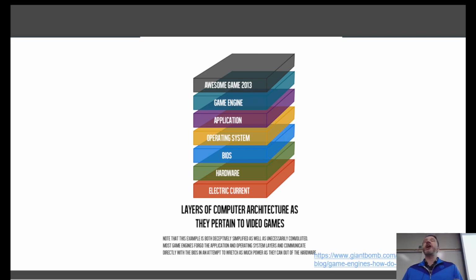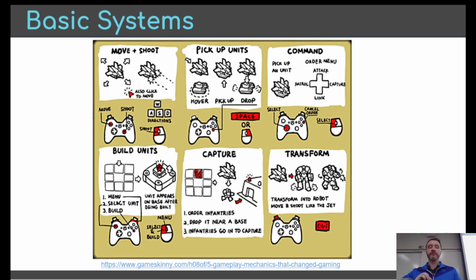So this is not what we're talking about with systems. We are not talking about the layers of technology behind a game engine that provide the substrate for any game to work. Just a caveat. But there are basic systems that are a little smaller than the ones we've talked about that are composable. Moving and shooting, picking up, commanding, building, capturing, transforming. So systems work at various scales,